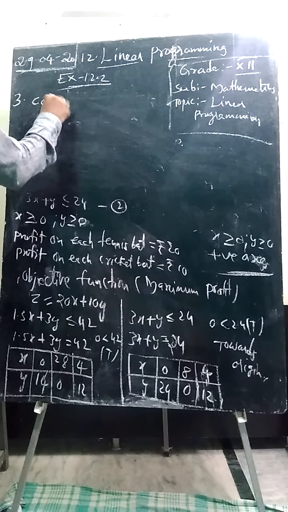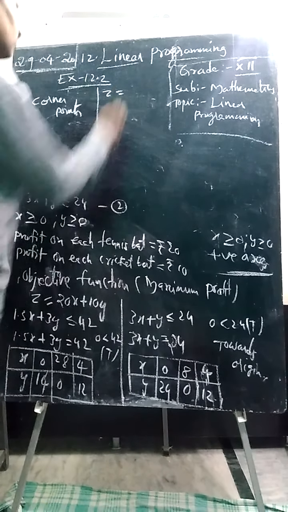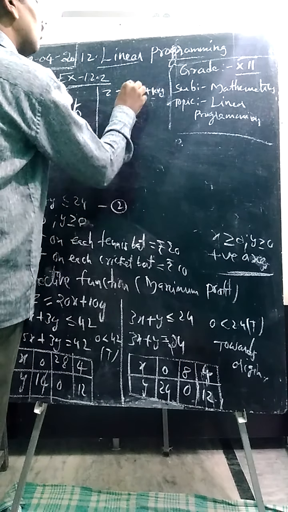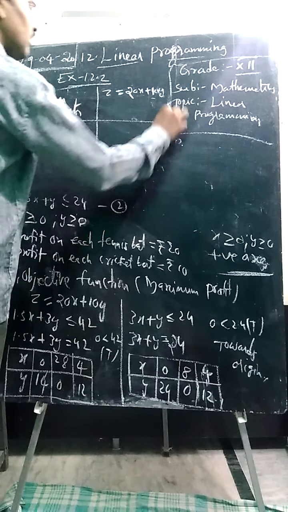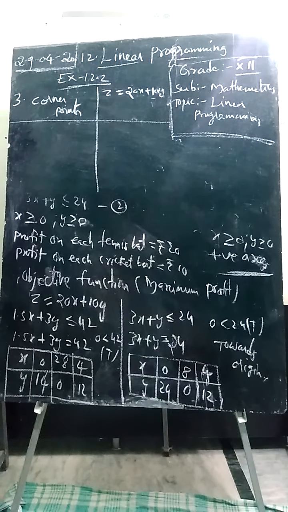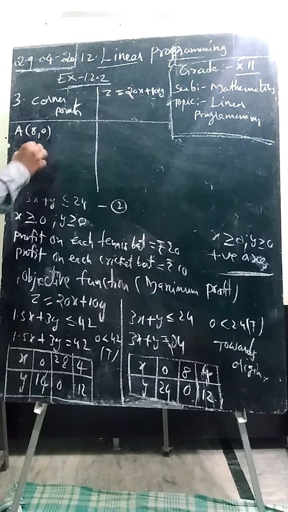Say corner points. Profit means, what is the objective function? 20x plus 10y, because rupees 20 is the profit on each tennis racket, rupees 10 is the profit on each cricket bat. So let us substitute. So if you substitute, the corner points are A (8, 0), B (4, 12), or else